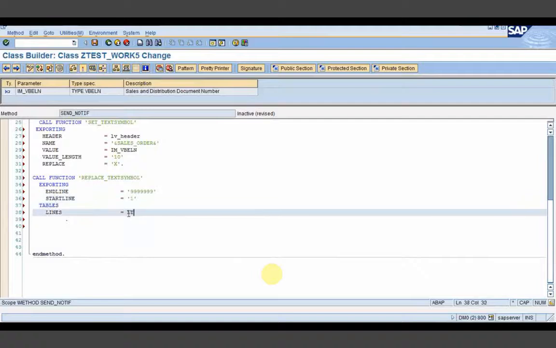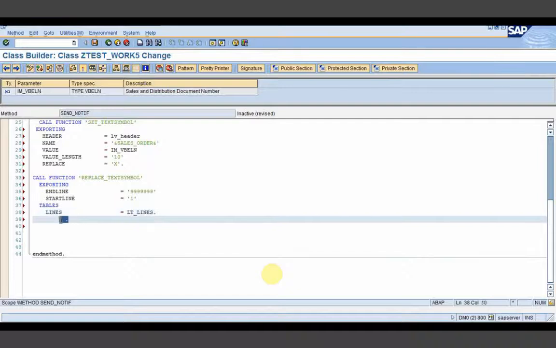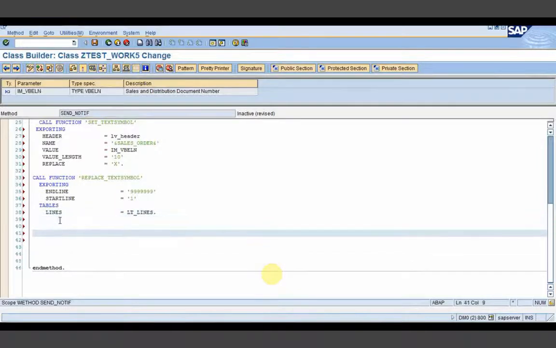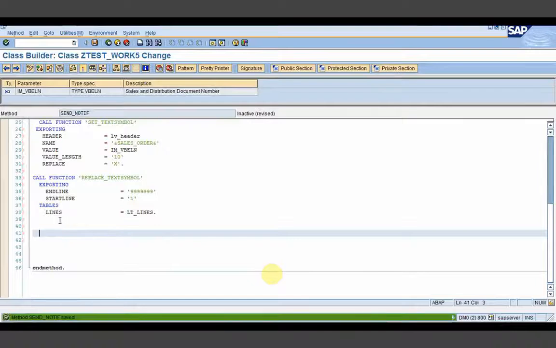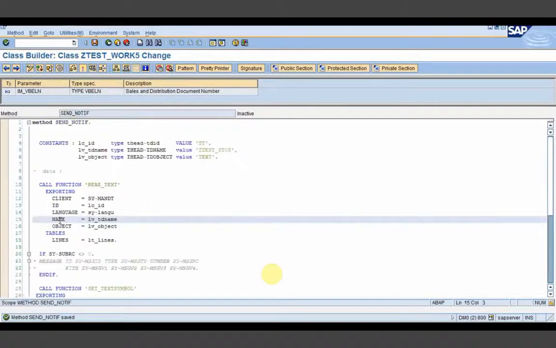So in LT lines, I will be receiving the text of the standard text with the replaced value. It will replace and it will give it to you as a table parameter. So now first I will save it, and I will just declare those variables so that till this I can show you in debugger mode.